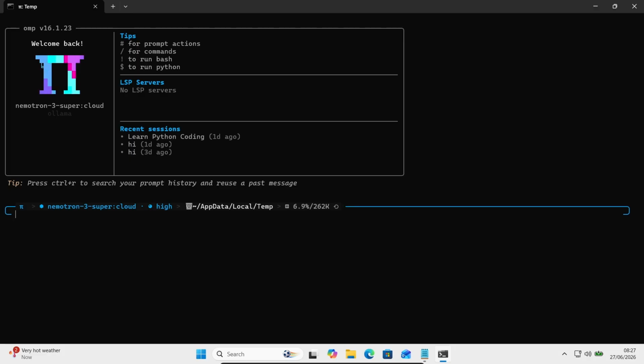and here it is checking the OMP web search plugins. And here you need to wait for a few seconds. So this is now installing the Ollama web search. So here is path 1. Don't worry about this one. This comes up. Here you can see Nemotron 3 Super and